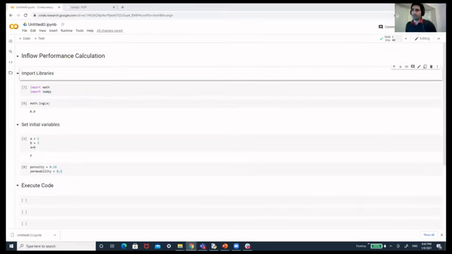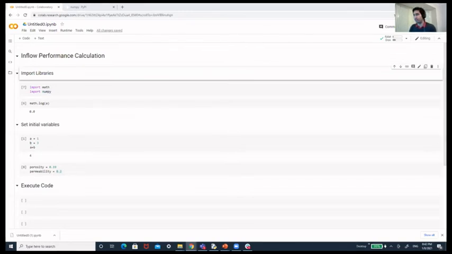I want everyone to add at least one line with some text and one line with some code, and try that example of executing the math.log.